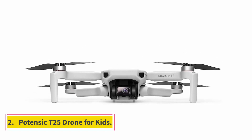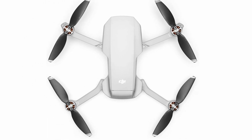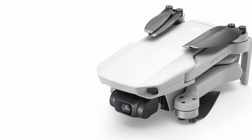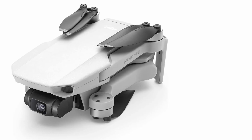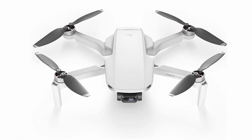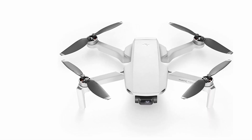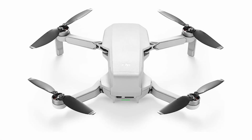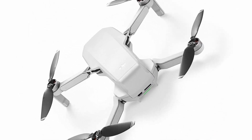High-quality drone with a robust feature set that includes a durable aluminum alloy construction, a useful 300-meter transmission range, and the ability to be controlled via smartphone, analog remote, or a combination of both. The Potensic T25 is the best beginner drone for a 10-year-old boy, thanks to a bevy of exceptional features, such as a sturdily built and durable aluminum alloy form factor that can easily survive an accidental collision, and a brushless motor. We also appreciated the lengthy 300-meter transmission range, making this a great outdoor drone, and the fact that this